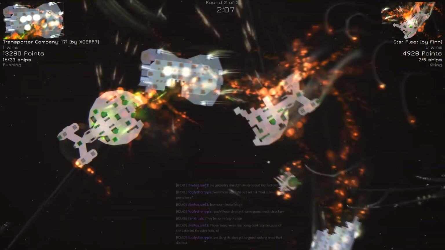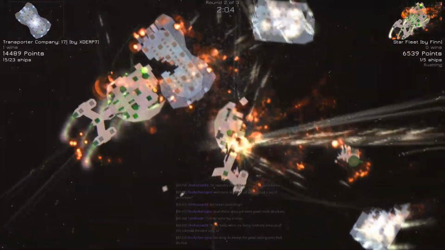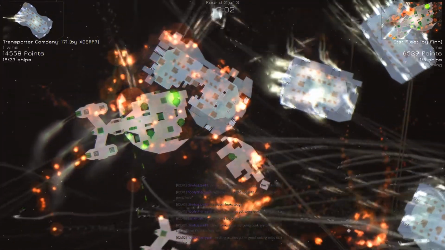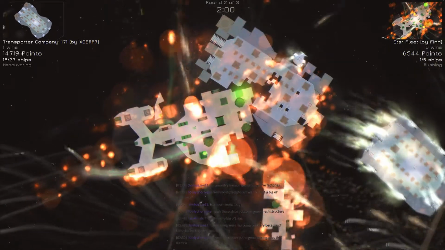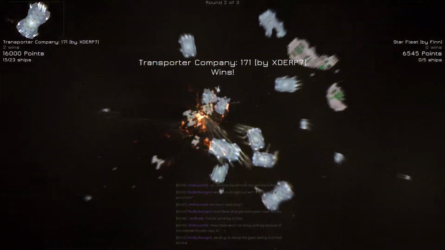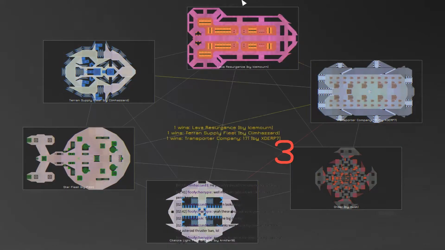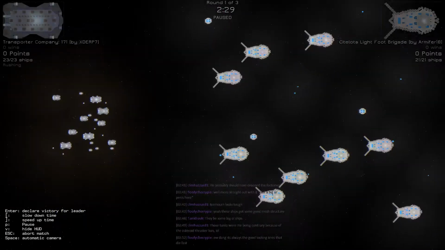I'm a big fan of Sentinel cannons. They are very solid weapons all around. I feel like they probably don't get enough love, but you can see they definitely put holes in things, and they're very inexpensive overall. But now we have Excerpt 7 up against Armor for 18, and here we see a